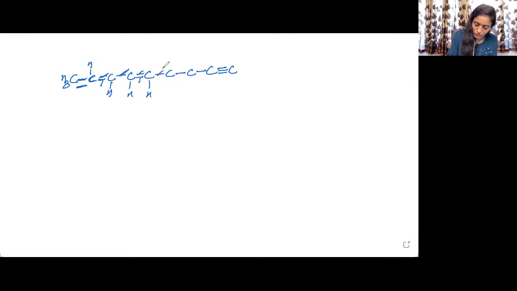Now in this carbon, 1 bond, 2 bonds. Now two valencies are to be satisfied, so we will be writing here 2 hydrogen atoms. Here also it will be 2 hydrogen atoms. In this case, 1, 2, 3, 4. This carbon is forming all the 4 bonds with carbon atoms, so its valency is now complete. In this case, there are 3 bonds formed by this carbon with the other carbon atom. Now it needs only 1 hydrogen atom for the completion of its valency. Okay. Now we will be looking at what will be the hybridization of these different carbon atoms.